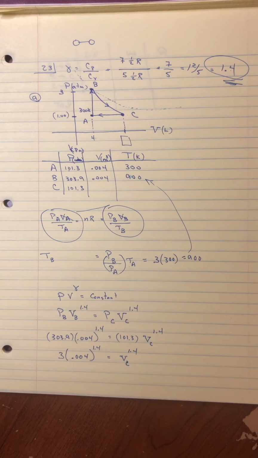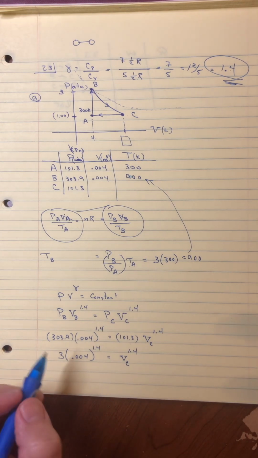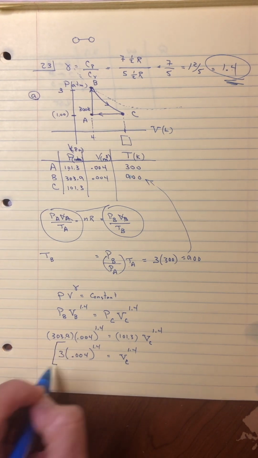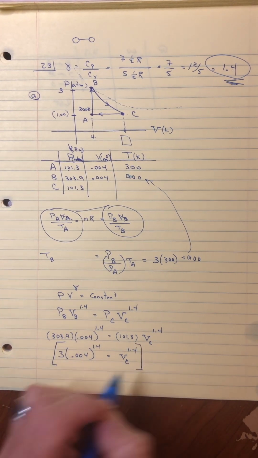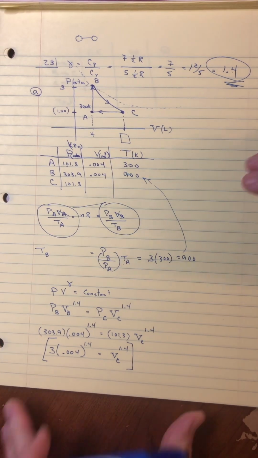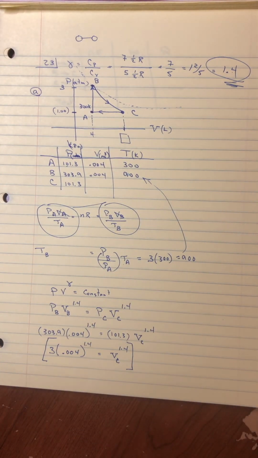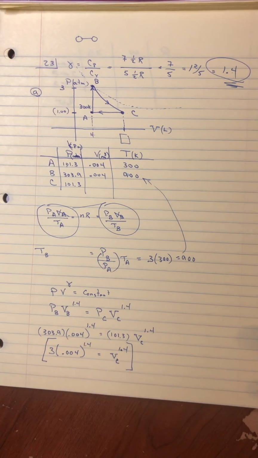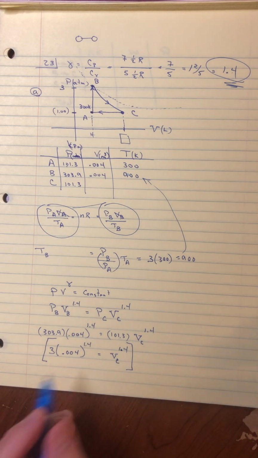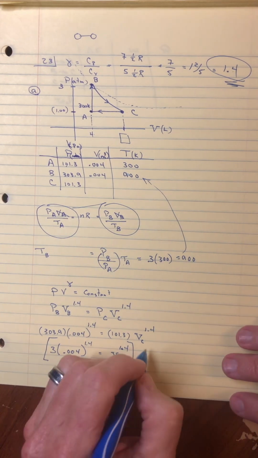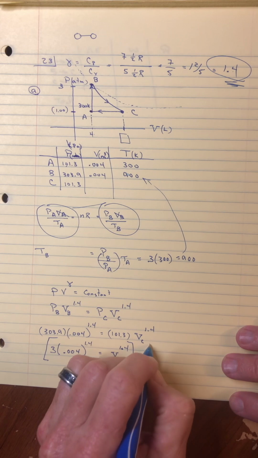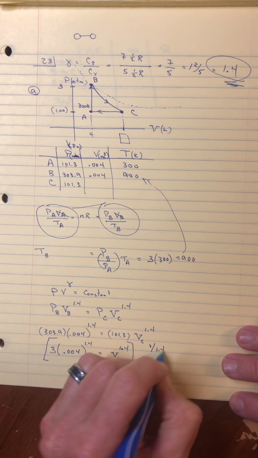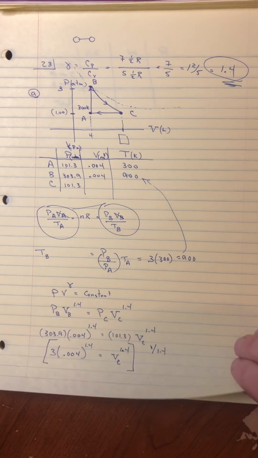Now, I don't know if the math is obvious, but one of the reasons I wanted to do this one, and not really a major one, I wanted to show you these two charts and the PV diagram. But when you're solving for this, you have it raised to a non-integer exponent, and probably the thing to do is to raise both sides to a power of 1 over 1.4. That's because,